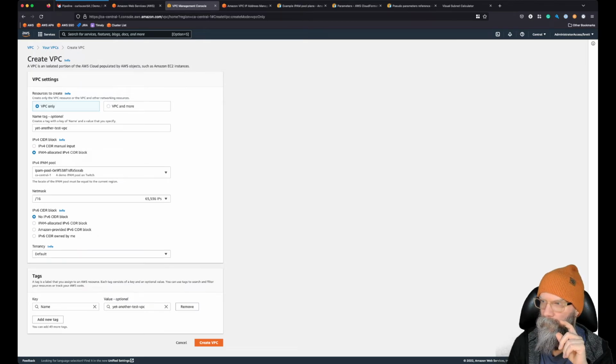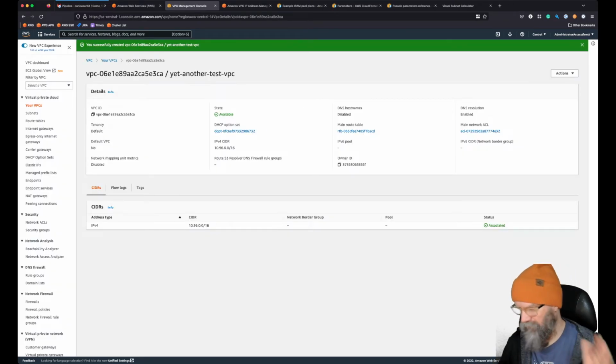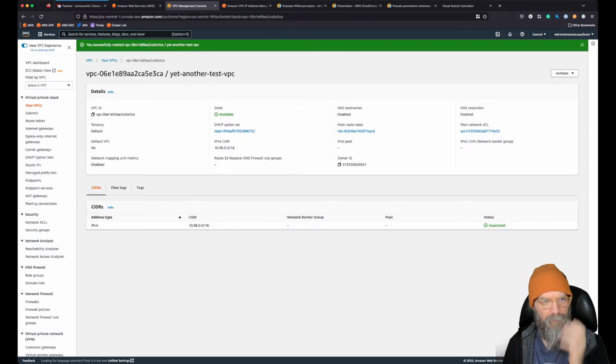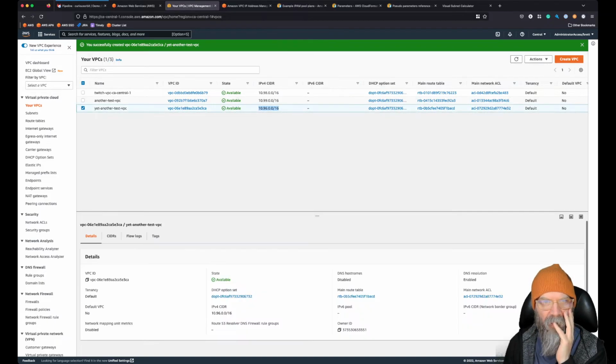Okay. So it's just going through and slicing up that larger range. And it just grabbed